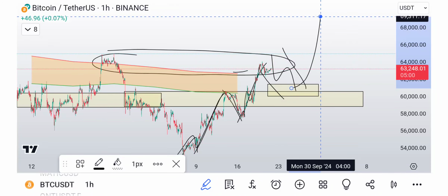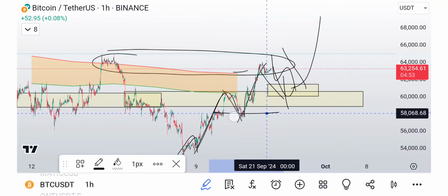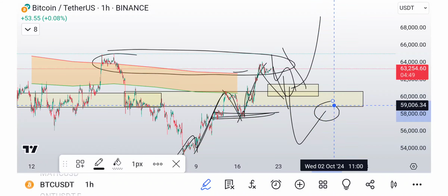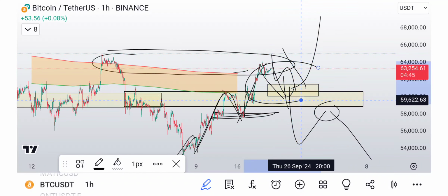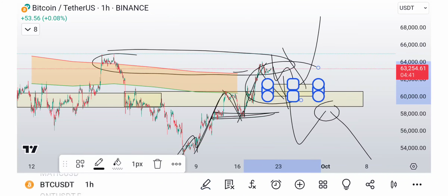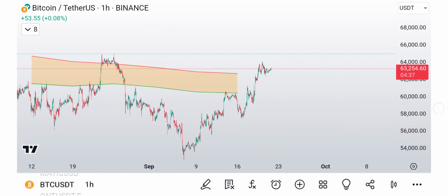I mean, that's the idea, right? So what's the bearish idea? Well, the bearish idea is if we come down and we break below 57K, we come up, we retest it as resistance, and then we continue down, right? So we definitely have some wiggle room here. The only thing I don't like is that Bitcoin already has 5 waves, but